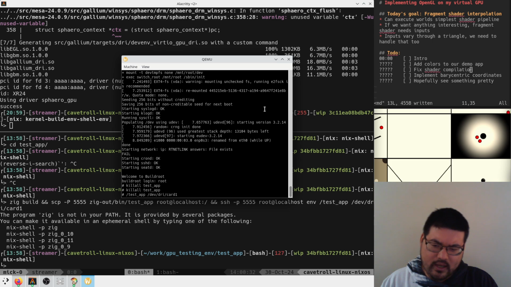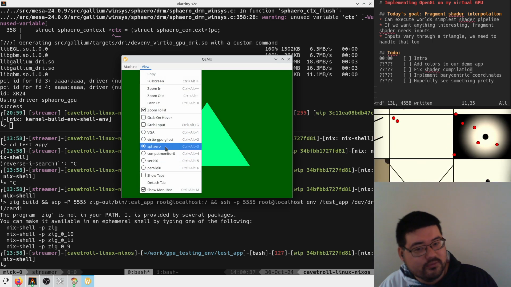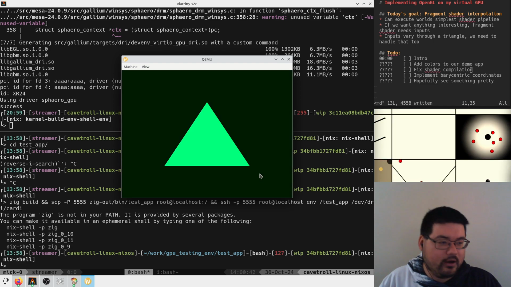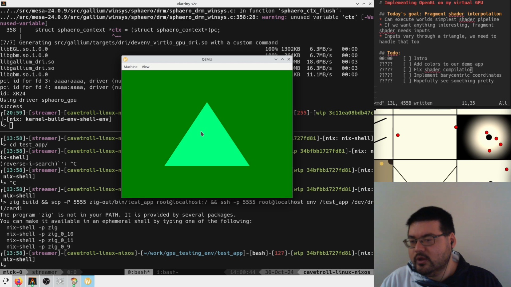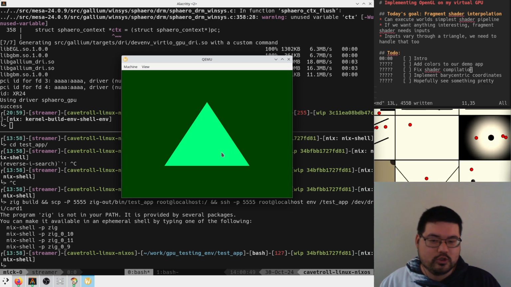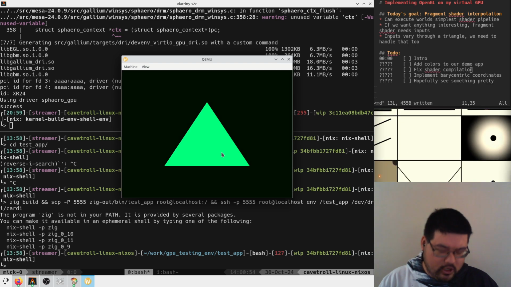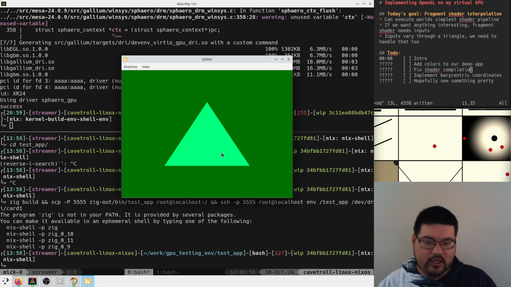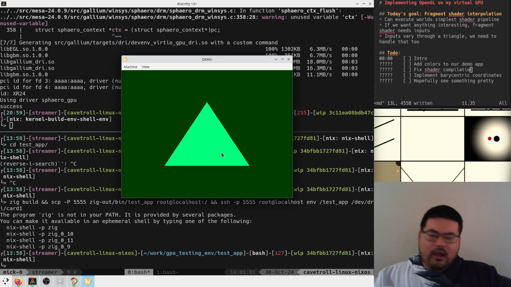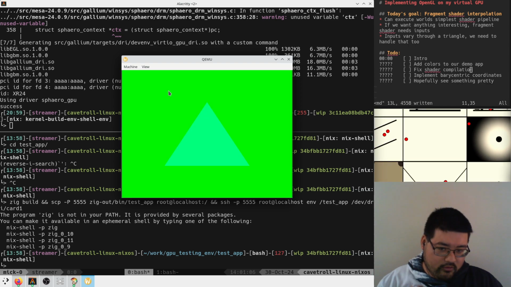We are at the point right now where if I run this application, we can see that here in QEMU I have a little Sphero GPU, and here we are running an OpenGL application that draws a simple triangle and clears the background with varying colors. That's pretty cool, right? And this actually is a significant amount of work, right? Because drawing a triangle is not as simple as saying, GPU, draw a triangle. In the OpenGL world, specifically in Mesa's implementation, where Mesa is a library that implements OpenGL for a bunch of GPUs, including our new GPU,